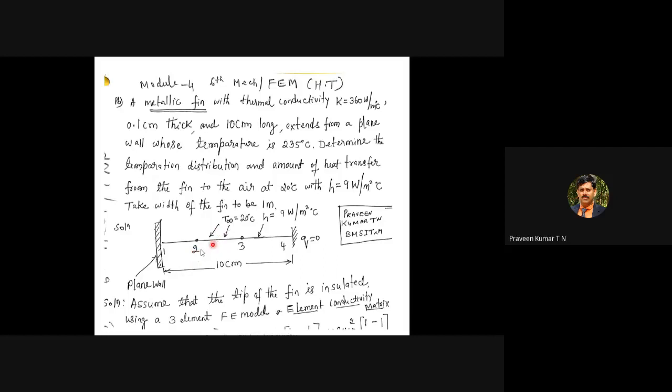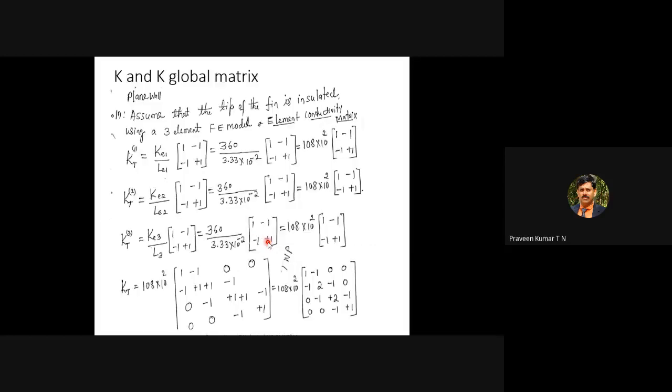In the similar way, the average temperature for element 2 is given by T2 plus T3 divided by 2. The average temperature for element 3 is T3 plus T4 divided by 2. In a simple way, if the temperature at node 3 is, let it be, 500 degrees Celsius, and the temperature at node 4 is 600 degrees Celsius, then 500 plus 600 is 1100 degrees Celsius. Divided by 2, the average temperature is 550. Here it is 500, here it is 600. The average temperature of element 3 is 550. That's why you have to take the average. Same thing is done here.